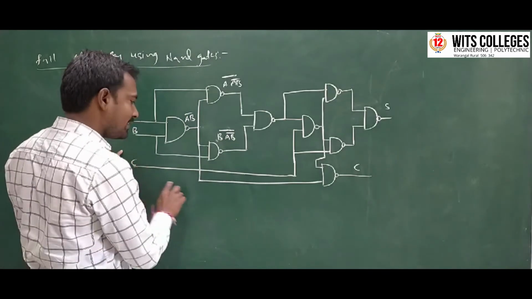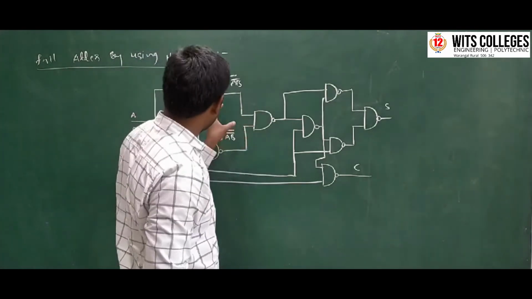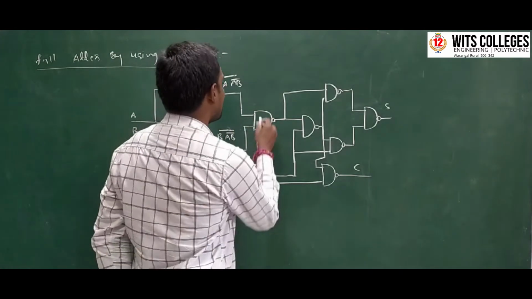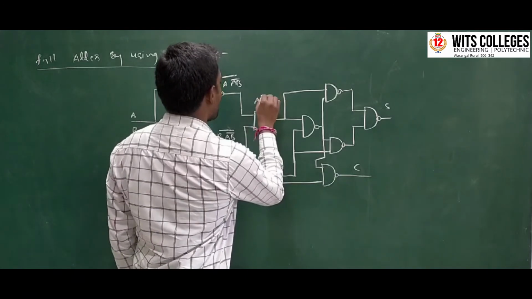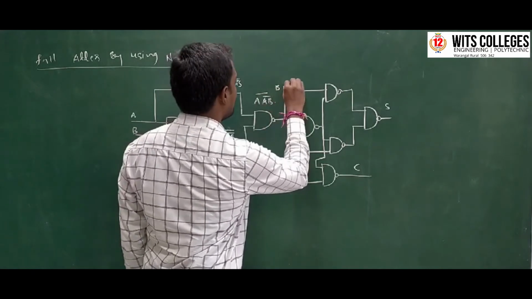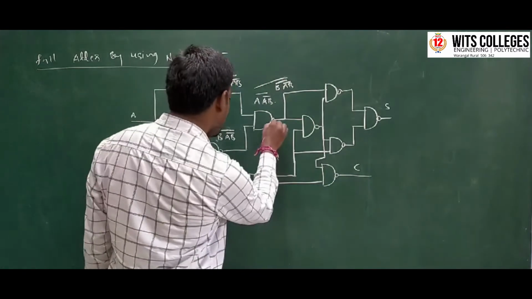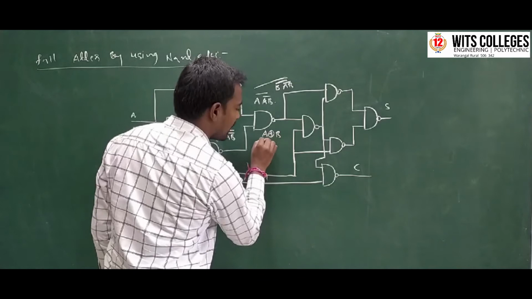Okay, and this is the C input, and these two outputs are inputs for this NAND gate, and this NAND gate gives the output of A into (A B) whole bar into B into (A B) whole bar, whole complement. So here we will get the output of A exclusive or B,